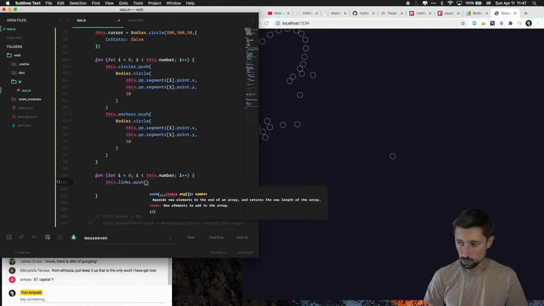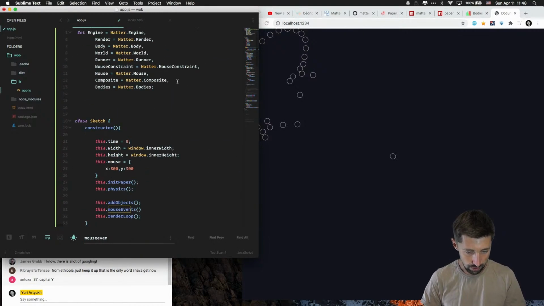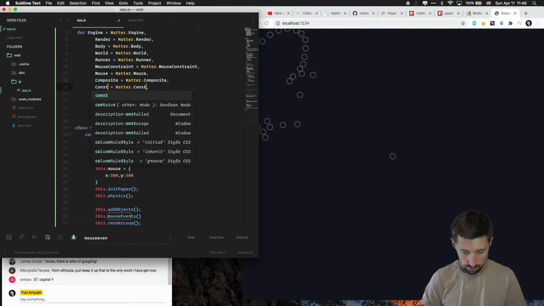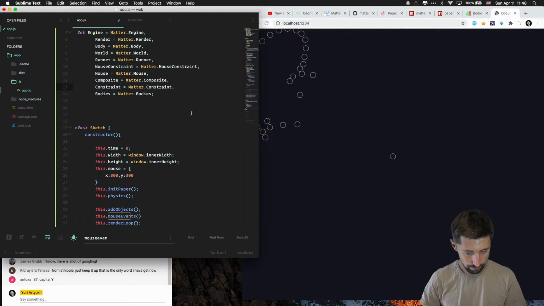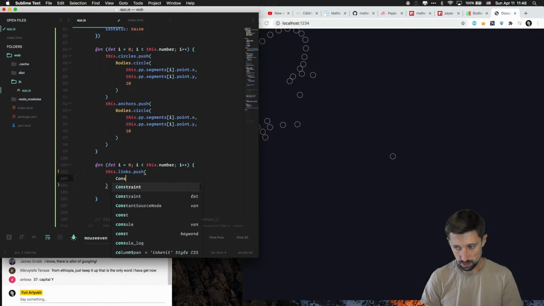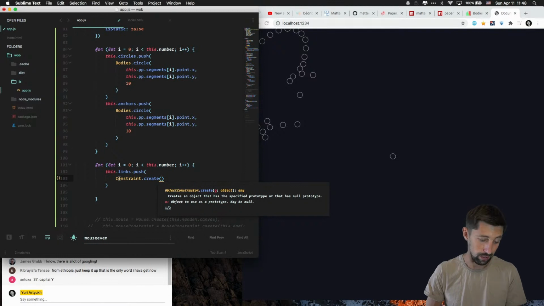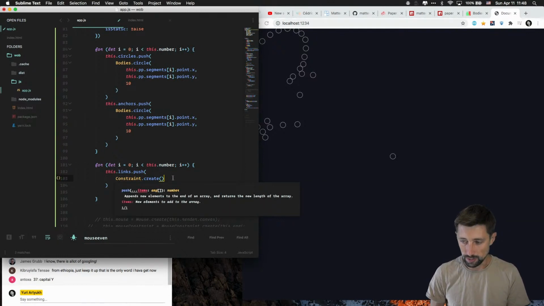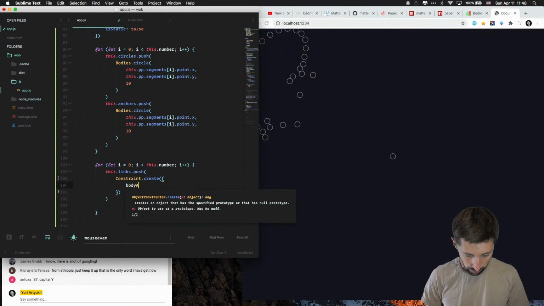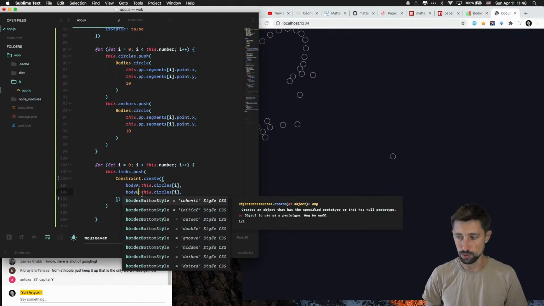Then to add some links, you use another object which is called a constraint, which is literally a link. So we will push a new constraint, which is also kind of a weird way to create constraints, as you run the global object to do that. And then inside this, you put two bodies: body A, which is going to be these circles i, and body B, which is going to be